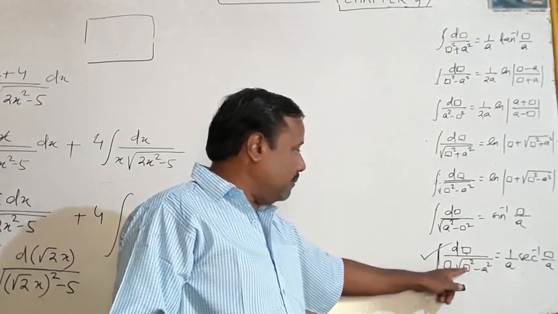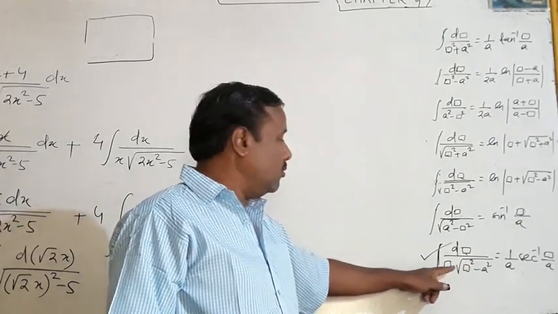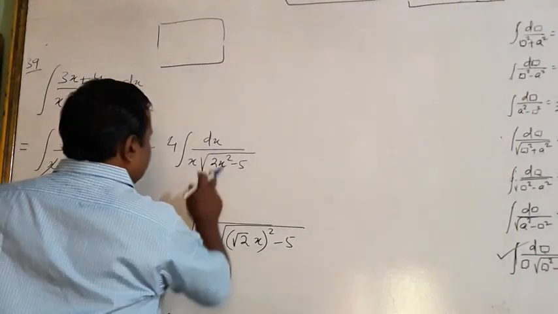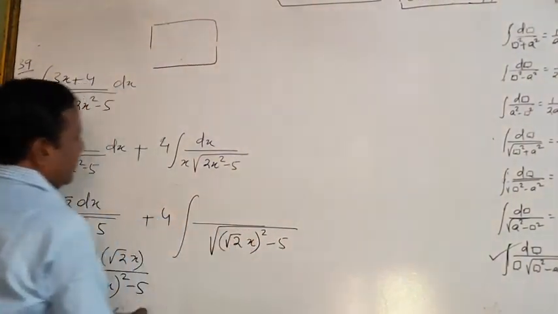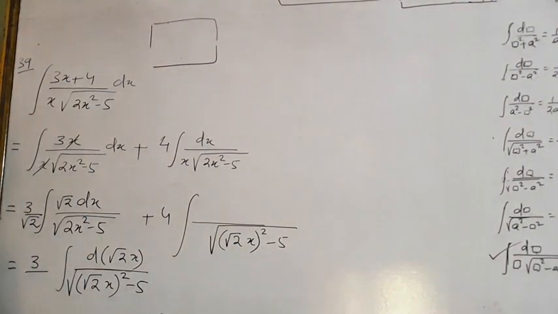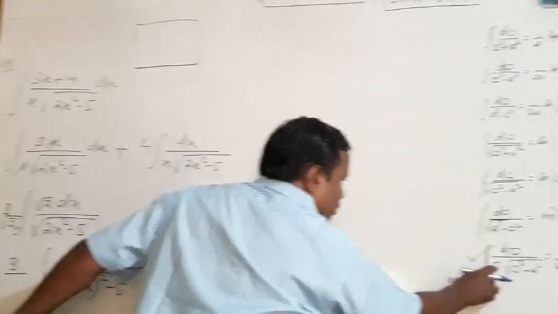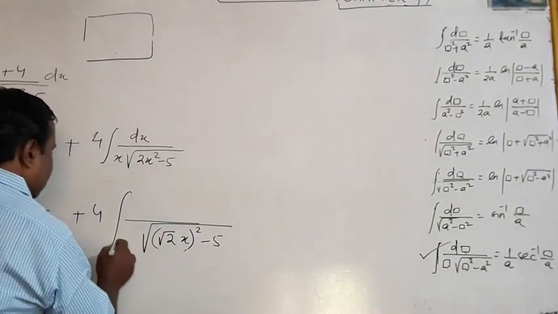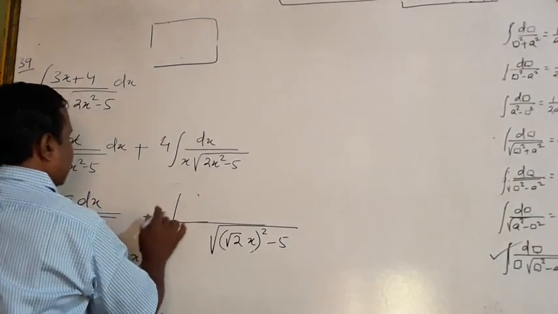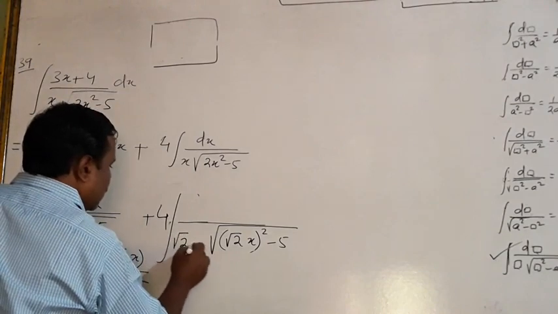जितना का स्क्वायर उतना बाहर में रहना चाहिए और उसका डेरिवेटिव ऊपर होना चाहिए. तो क्या होना चाहिए? ये 2x square, whose square is 2x square, absolutely root 2x whole square, and this root 2x should be in this position. So first, as there is x, just multiply root 2.